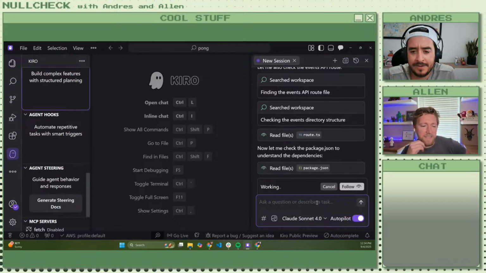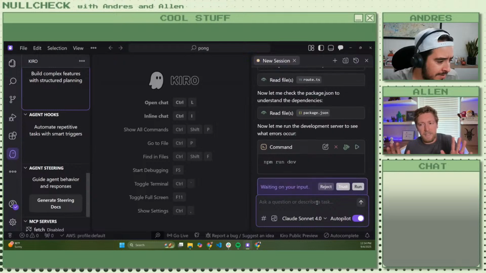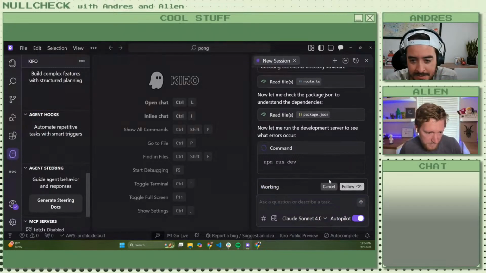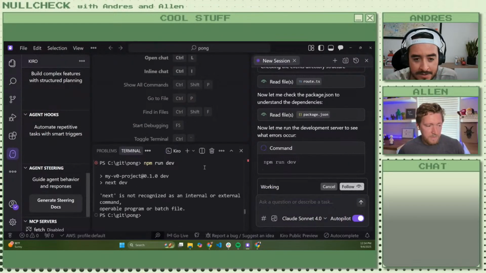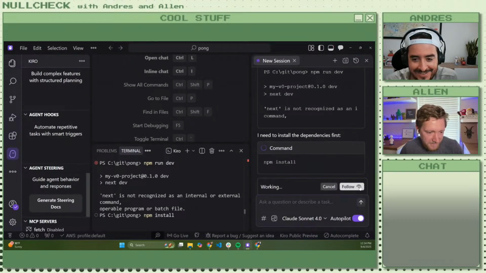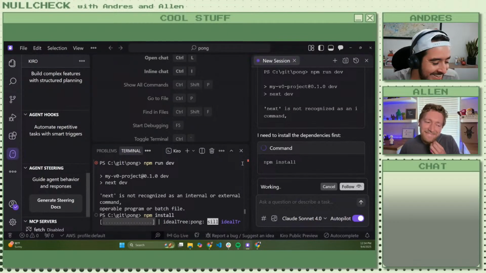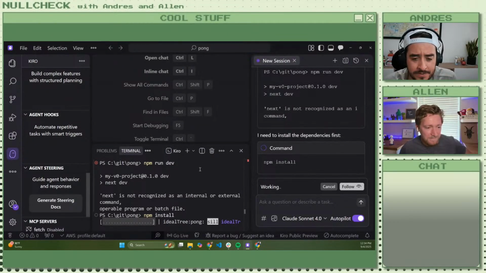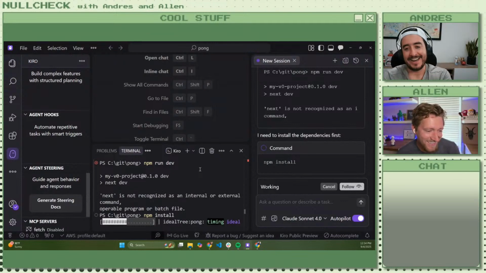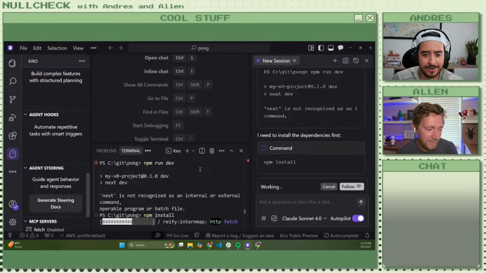Okay, so what were some of the tasks that we wanted to... I guess we wait, because I want to see what it's going to do. Okay, it wants... I know for a fact this doesn't work, but we'll see what it does. It didn't run npm install. There we go. That's an important one. Installing the dependencies, classic gotcha with developers, isn't it? On any language. Yes. Quite a bit of dependency right there.